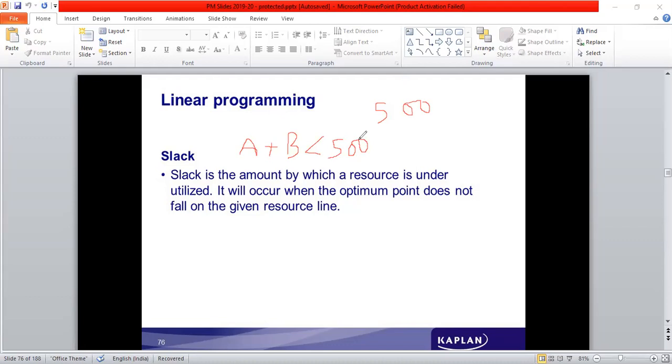The requirement of the resources by all the products is less than the availability. That is a situation of underutilization. If it is underutilized, that situation is called a slack. Okay, slack is the amount by which a resource is underutilized. It will occur when the optimum point does not fall on the given resource line. Then next,